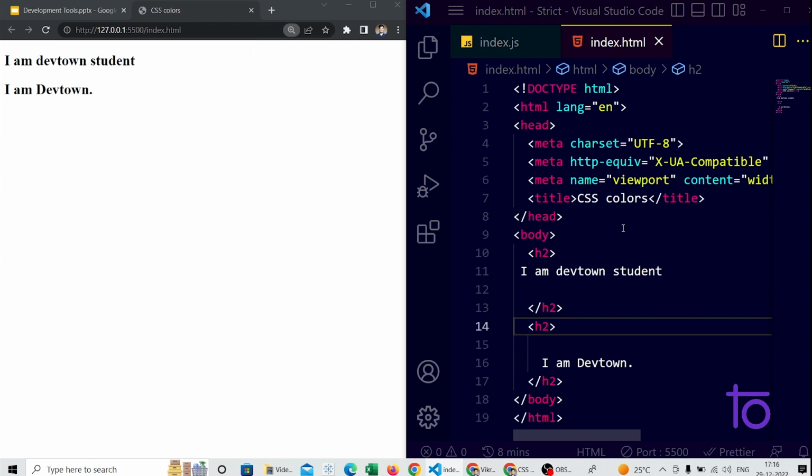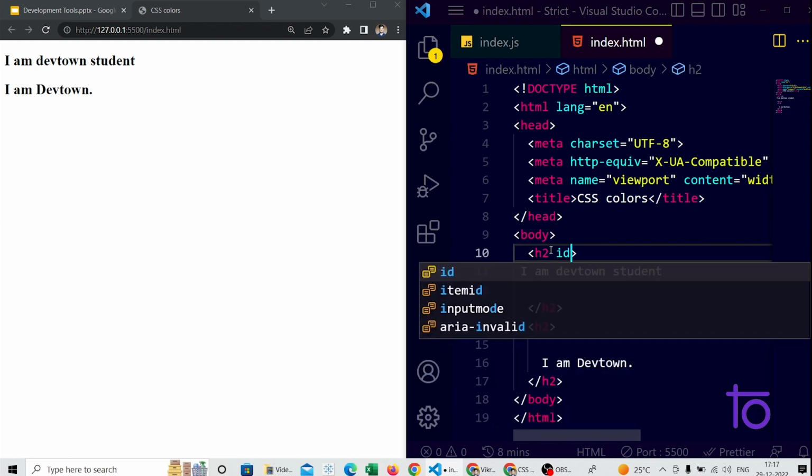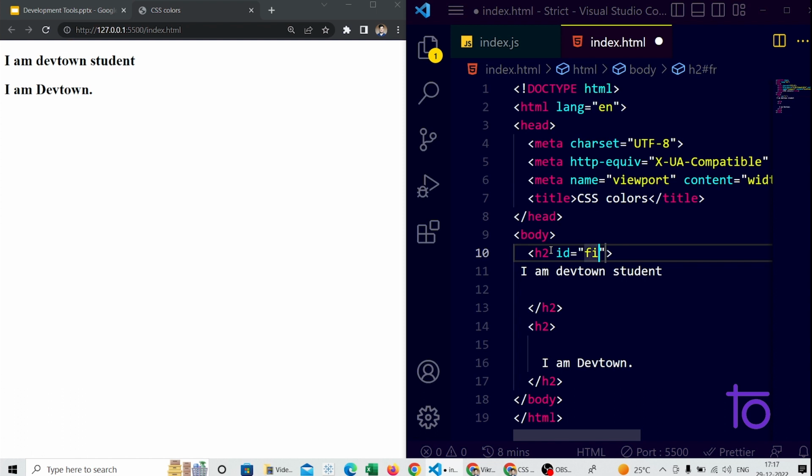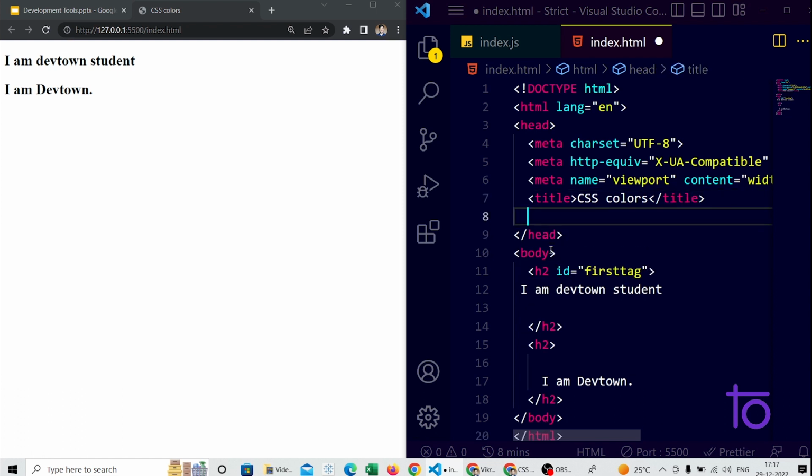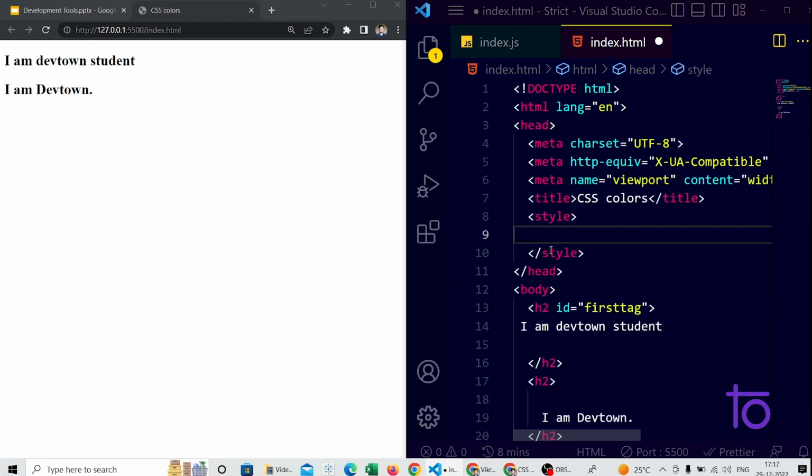So what are these CSS colors? CSS colors are basically used to color our website. We can give a background color as well as a color to the text which is present inside the tags. Let's say I want to color this I am a DevTown student. What I will do is pass an ID name here, let's say first tag, and inside the head section I will pass on style, and in style I will just capture this first tag,